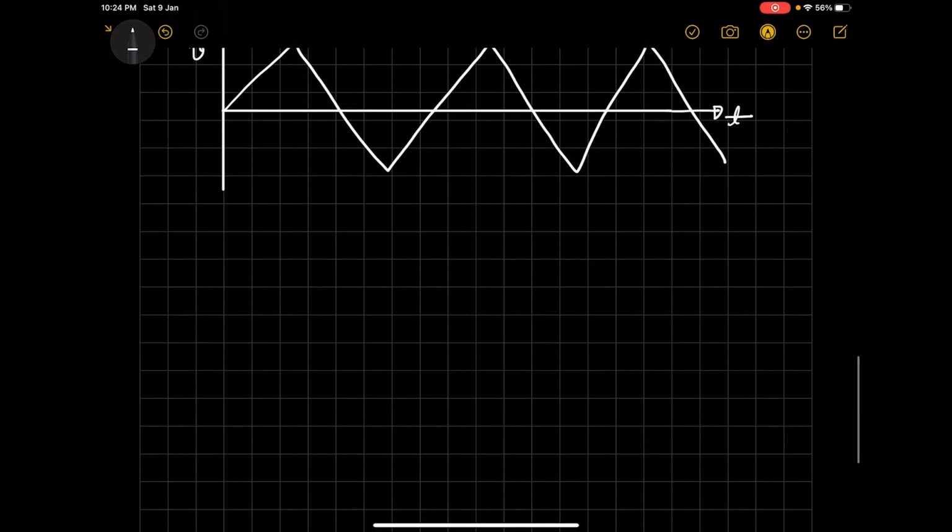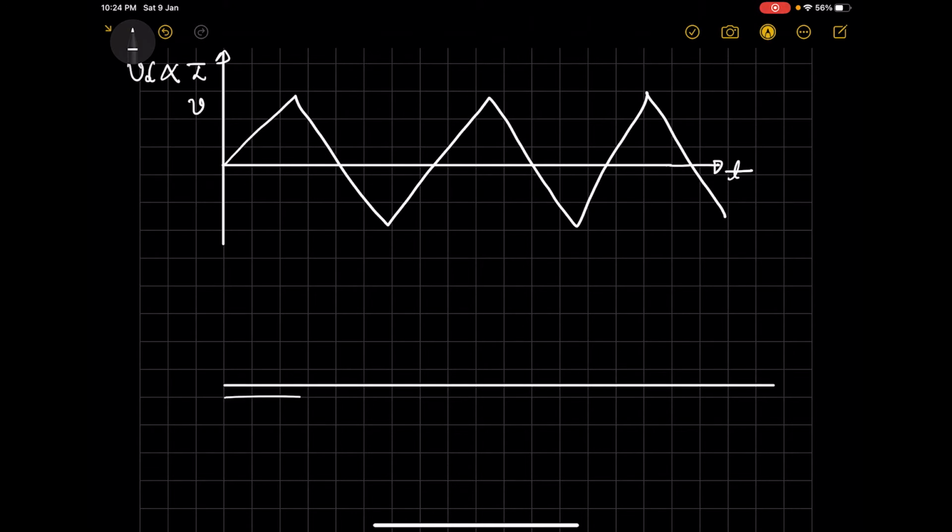So if you have a conductor and you have an electron here, let's assume this time to be t1, this to be t2, this to be t3 and this to be t4. This completes one full cycle, and the same thing will repeat again and again infinitely. So understanding one cycle is good enough to visualize an AC signal. So until time t1, from 0 to here, velocity which was at 0 will increase and reach some point v.